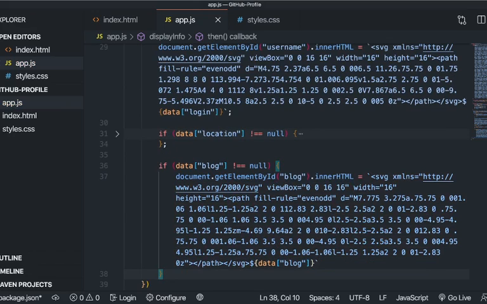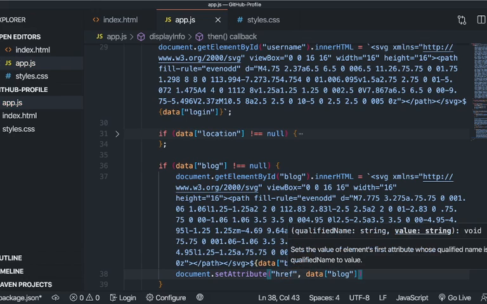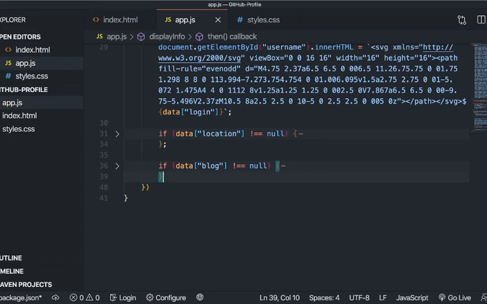So with their actual website, and then now as well we're going to set the attribute. So we can say document dot set attribute data blog. Whoops. Let's add an href there. And then we'll only do this when blog is not null. And then finally, let's go ahead and